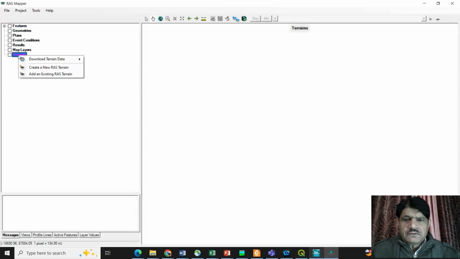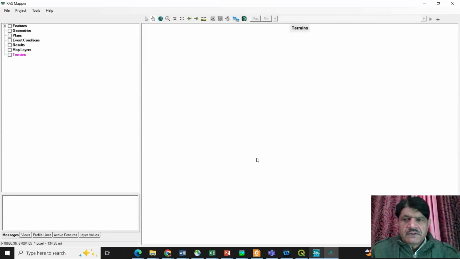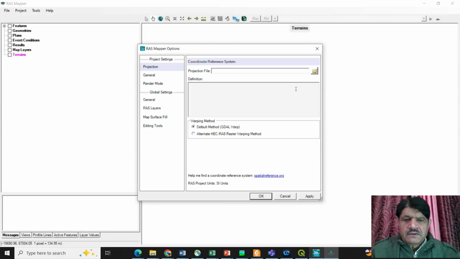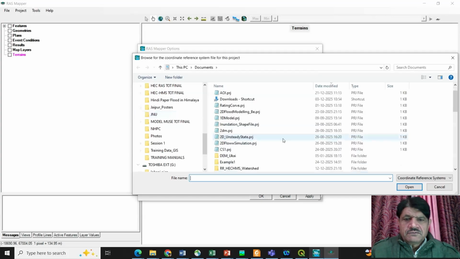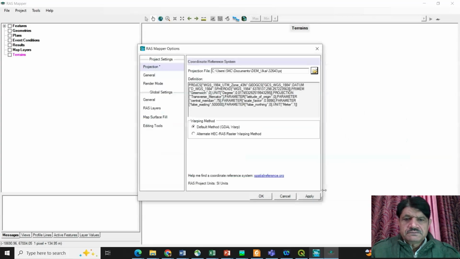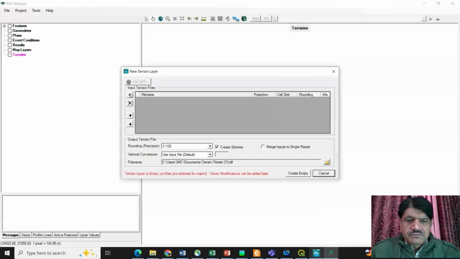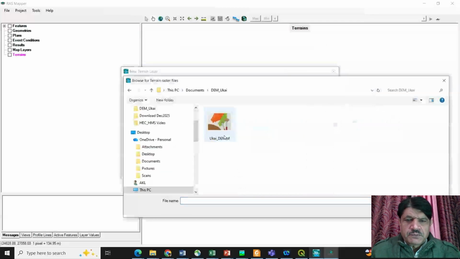Now next, we have opened the RAS Mapper. In the RAS Mapper, again go to Terrain and add the terrain, import it here. So first of all, we will incorporate the coordinate system. So the projection file we have imported here, and after setting the projection file,